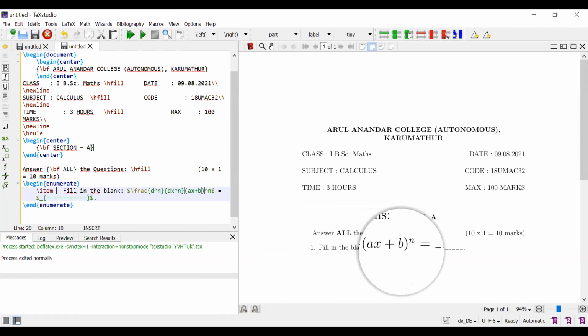Nth derivative of ax plus b whole power n is what? Next, my question is nth derivative of e power x. In this question, we leave some option. Okay. How do you get this option in equal length? Just using some more thing.